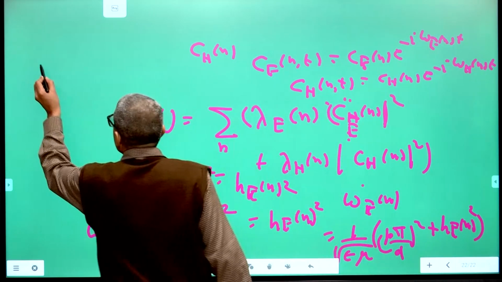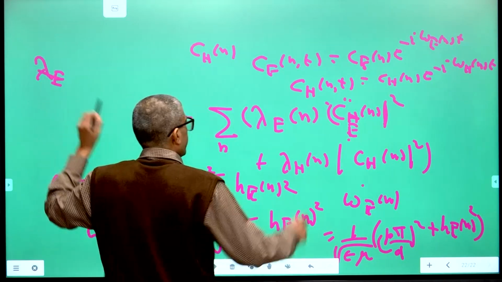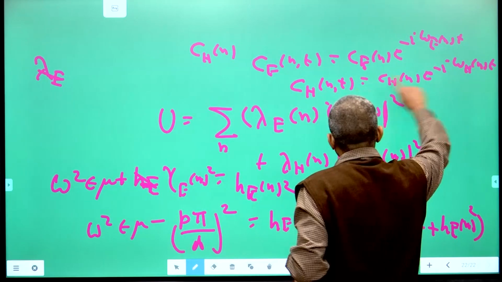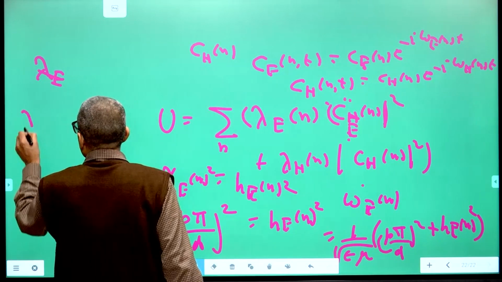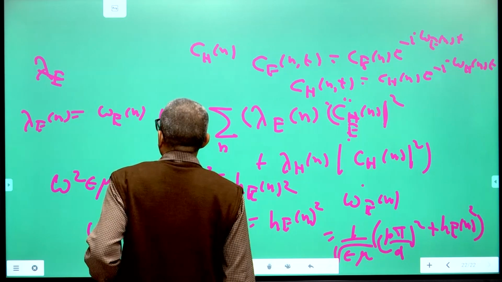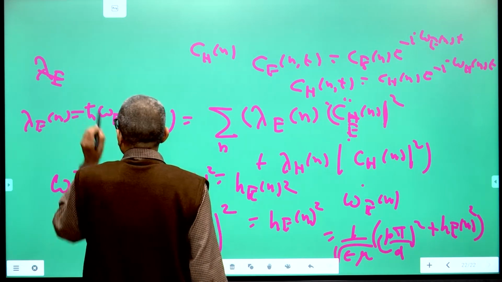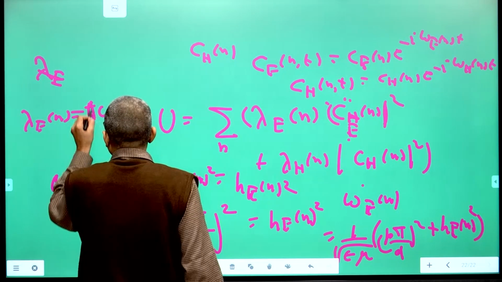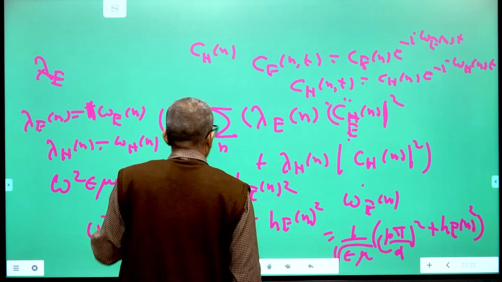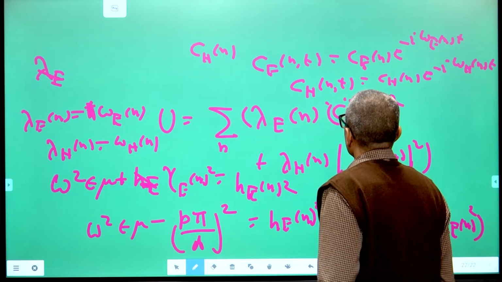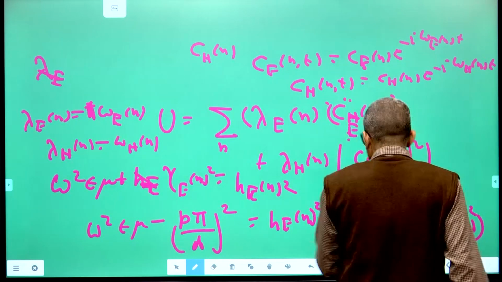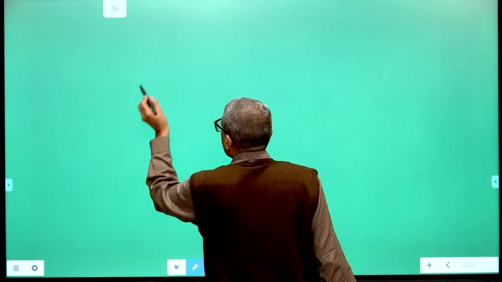So, you will automatically get, you see that if you normalize, if you write down the Hamiltonian in such a way that the Heisenberg equations of motion give you the correct dynamics for CEN, sinusoidal dynamics for CEN, then you will see that your lambda EN will become simply omega EN, or rather h cross omega EN, since you are taking h cross as 1, and similarly lambda HN will be omega HN. That will give you the correct expression for the energy of the field within the cavity. Now, when you want to quantize this, what do you do? You take both the Dirac field and the Maxwell field and quantize both of them.